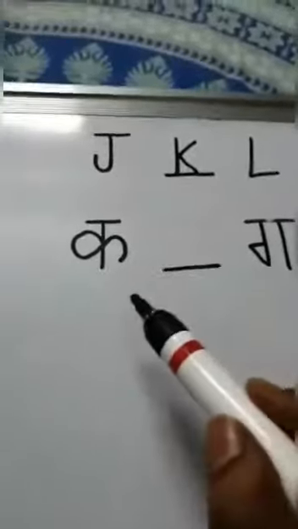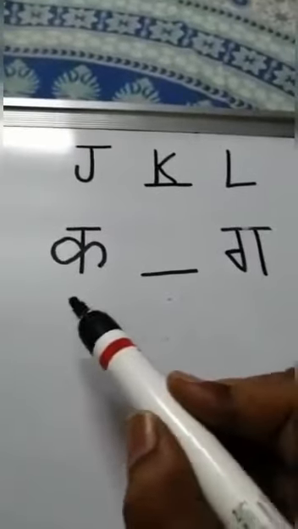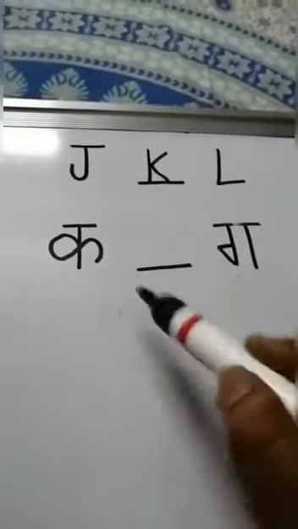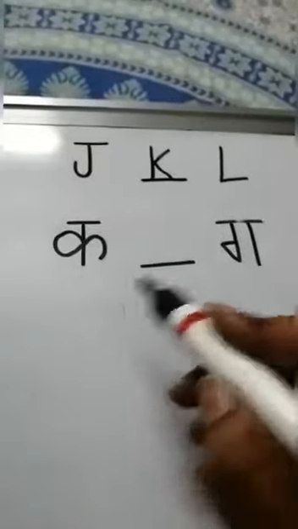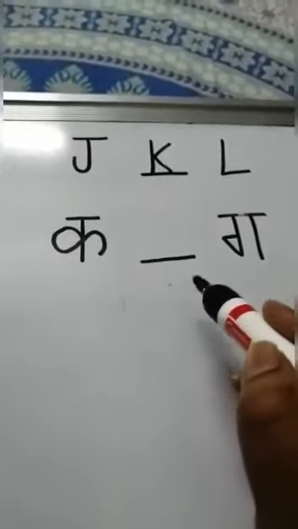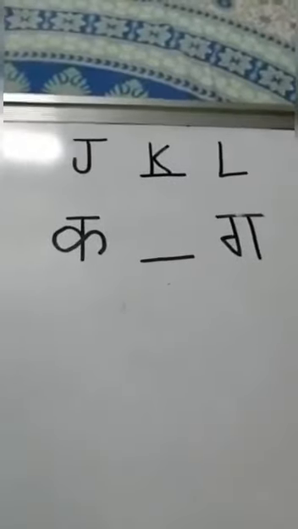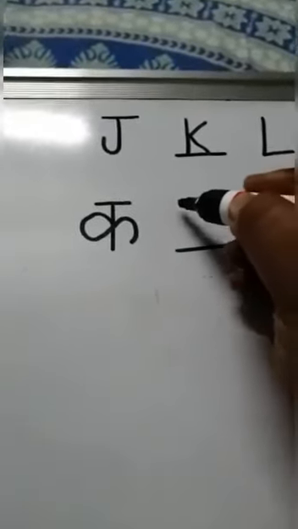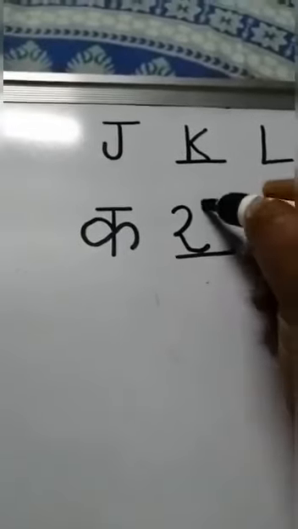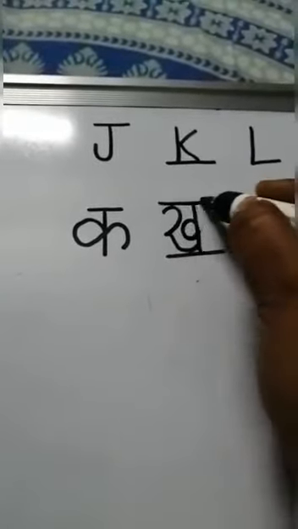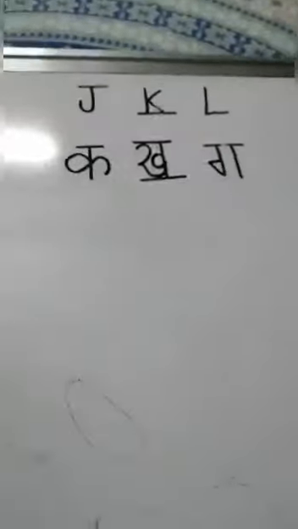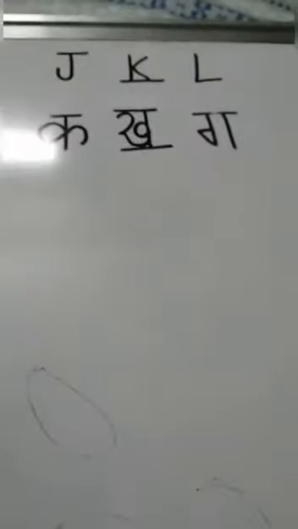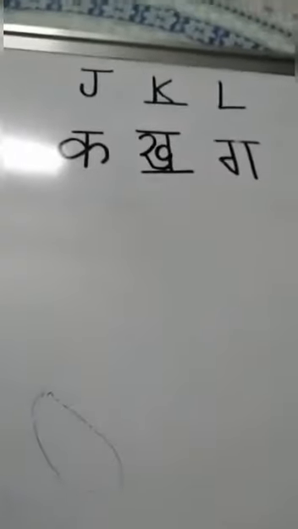Now, similarly, in this example, we have K. G. There's a blank in between K and G. So K and G के बीच में एक खाली जगह है, ब्लैंक है. उसमें क्या आएगा? उसमें हम फिल करेंगे. हमें पता है क्या आएगा? ख. Okay, so I will write K. So what comes between में हम बीच में जो नंबर खाली होता है, ब्लैंक होता है, उसको फिल करते हैं. So children, we will solve this worksheet now.